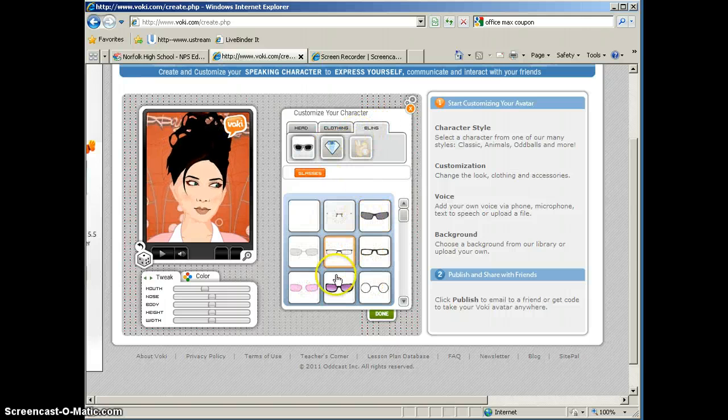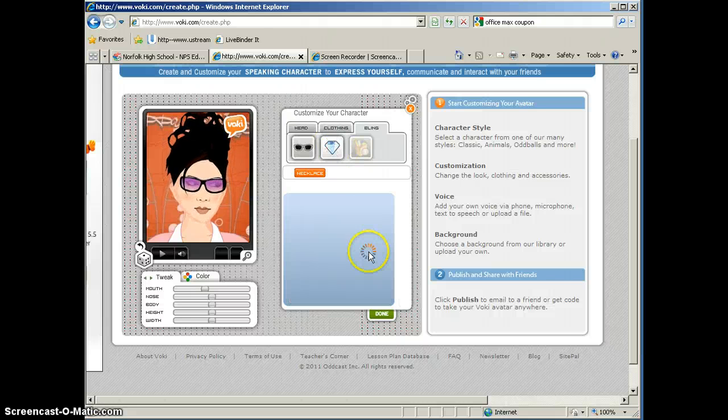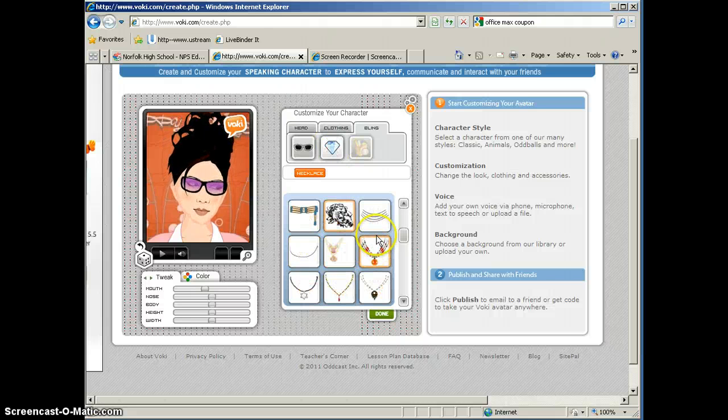And you can add some bling, so if you want to give them some glasses, or maybe you want them to have a necklace of some kind, you can go ahead and do that for your Voki. And there's also some other options that you have depending on the Voki that you choose. So when you get that done, you'll notice that over here you can also do some tweaking. So maybe you want to make your Voki's mouth bigger or smaller. You can do that, and you can adjust the size of their nose, their body,